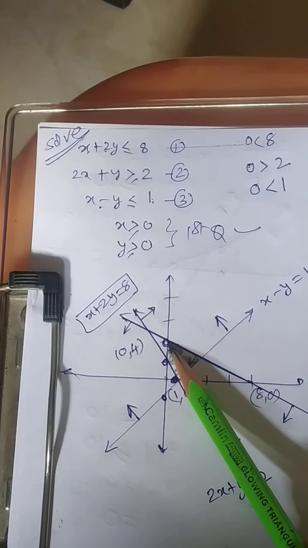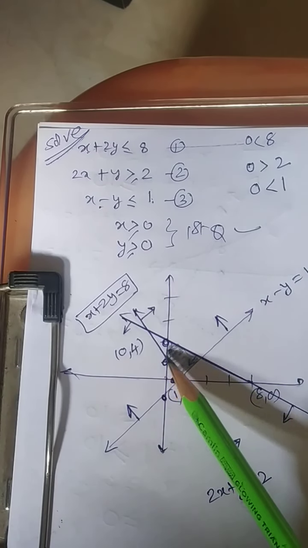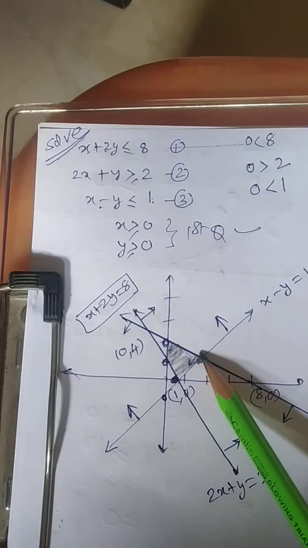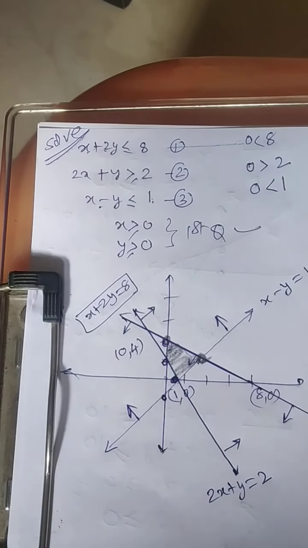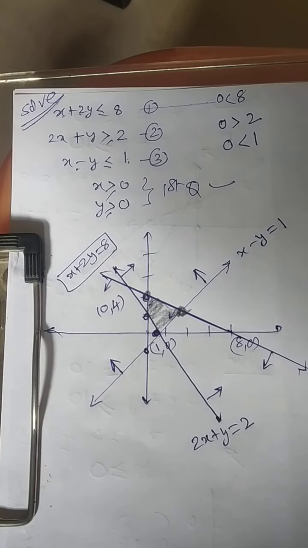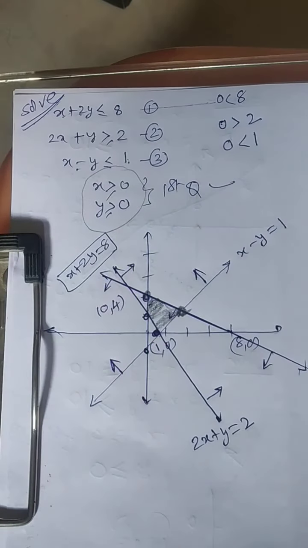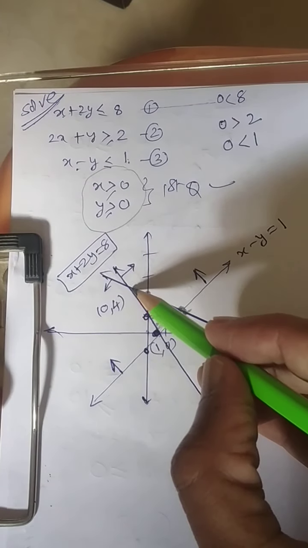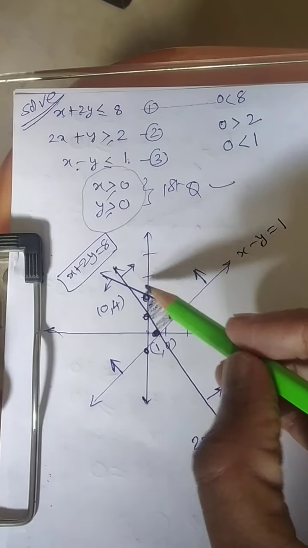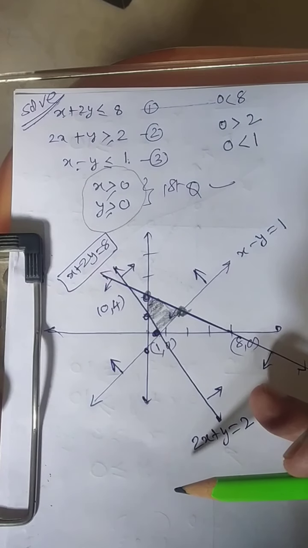So you will be getting the quadrilateral A, B. This is nothing but the point C. Over here it will be nothing but the quadrilateral A, B, C, D. In case these two equations are not there, then this portion will also come. In that case it will be a triangle.